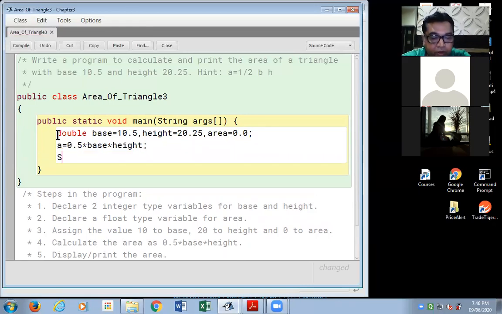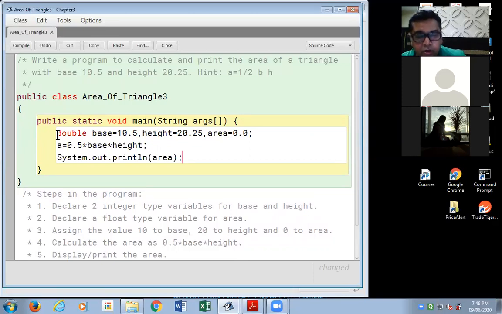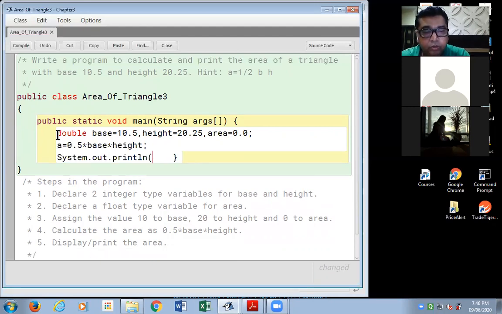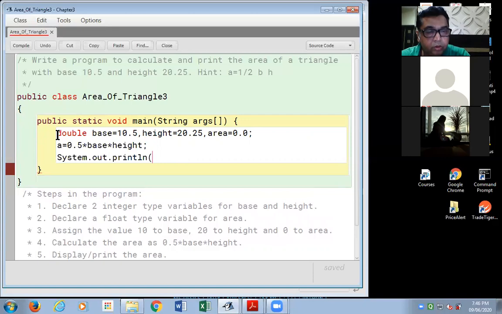And now I want to print the area. But this time I don't want to just show the value of area, I want to show it along with a message. Now please see and please learn this bit that we are doing over here. Please pay attention. I want to show the output, the name of what we are seeing.